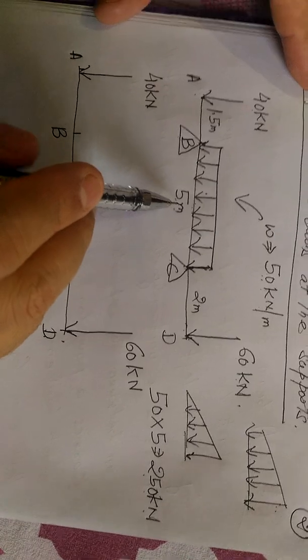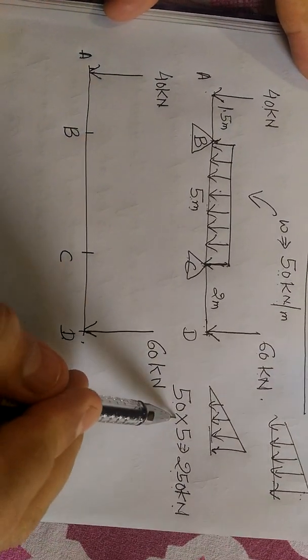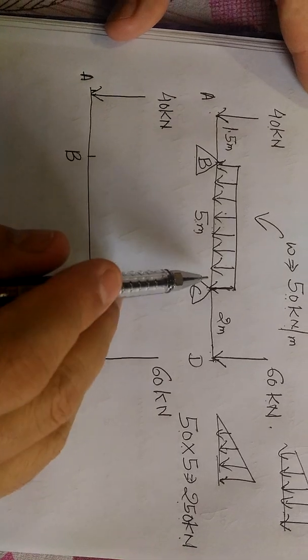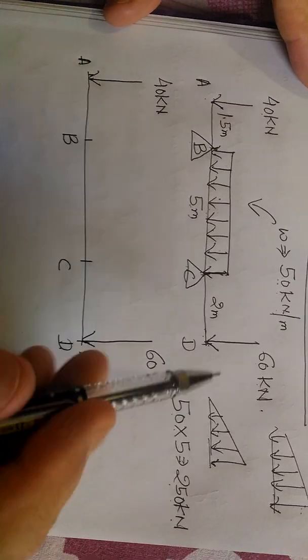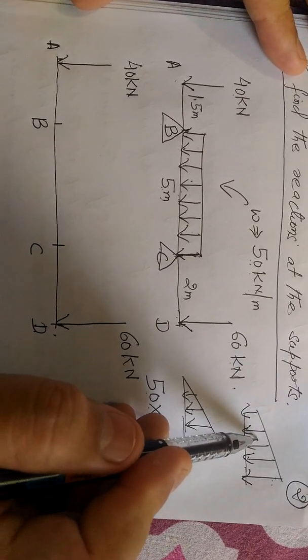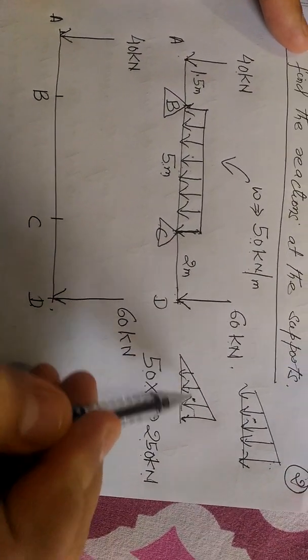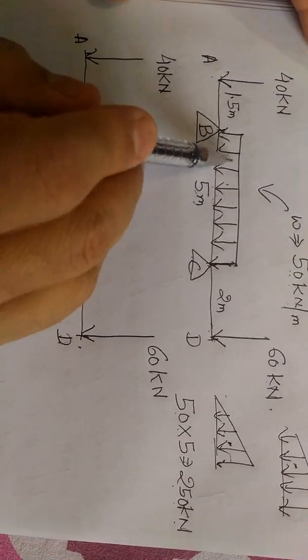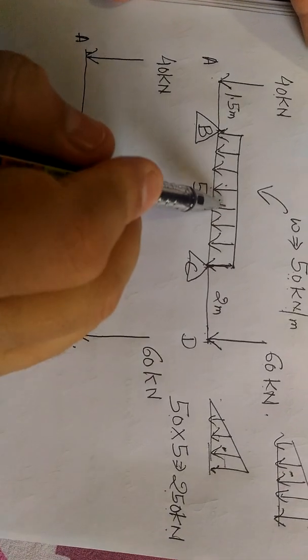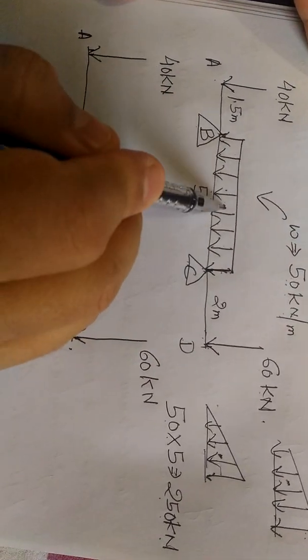Now the question arises where this point load will act. The point load always acts at the centroid of the respective figure. If it is a trapezium, then it will act at its centroid. For a triangle, at its centroid, that is h by 3 from the base or 2h by 3 from the vertex. Now in the present problem, since it is a rectangle, it will act at the midpoint. The centroid is the midpoint, that is halfway from here and halfway from here.